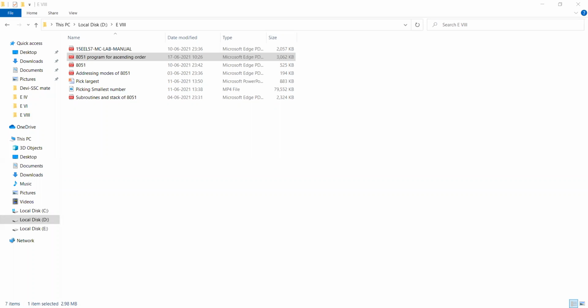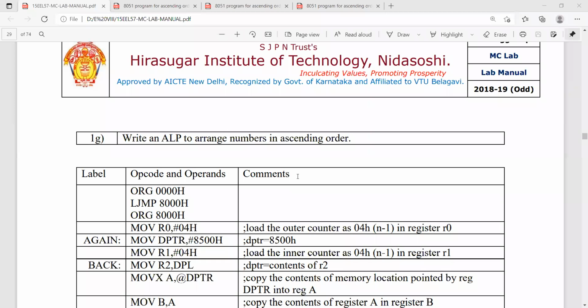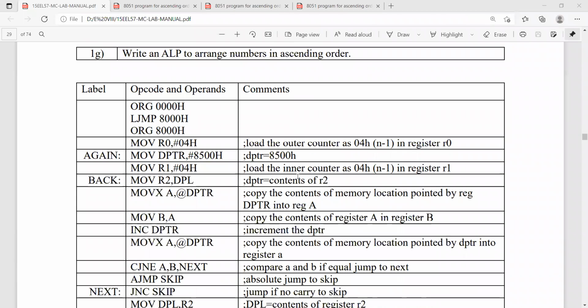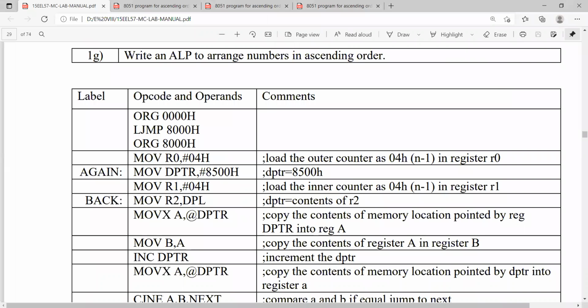No, sir, it's not visible. Okay, I will close this and share it again. Now, is it okay, visible? Yes, sir. So this is a program. This I also shared to your WhatsApp group.